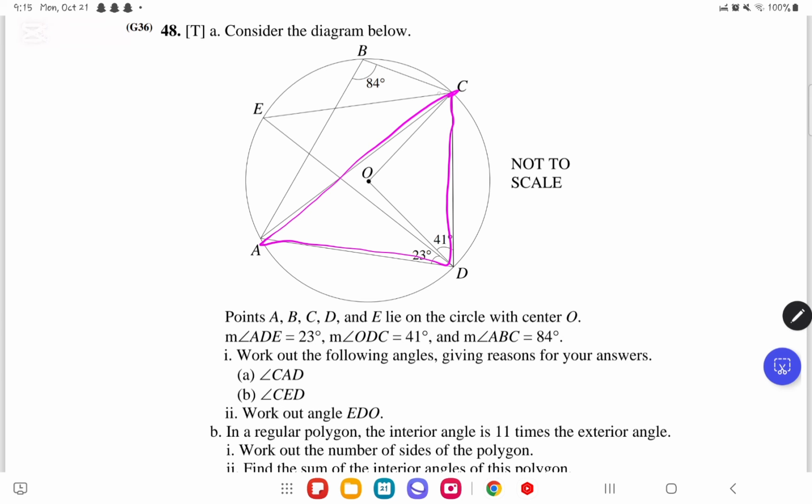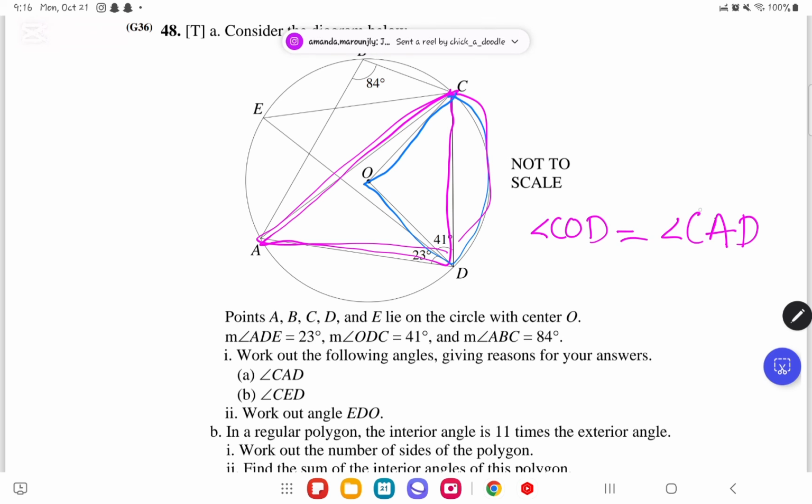So to find the angle CAD, we notice it's inscribing this arc over here. And if we pay attention, the angle COD is also intercepting the very same arc. So since COD is the central angle, we can say it is equal to the measure of the angle CAD times 2. So easily we can find the measure of COD because it's an isosceles triangle, so this over here